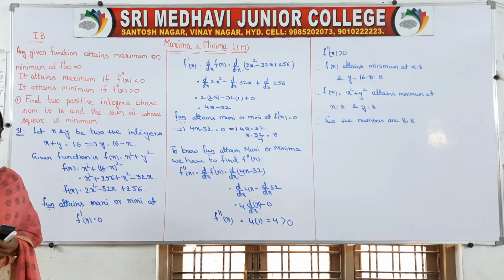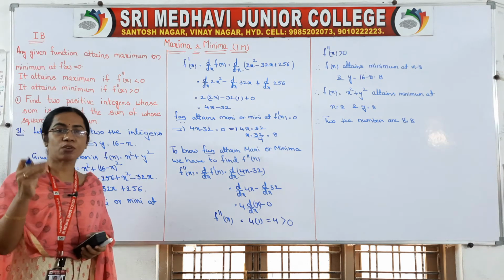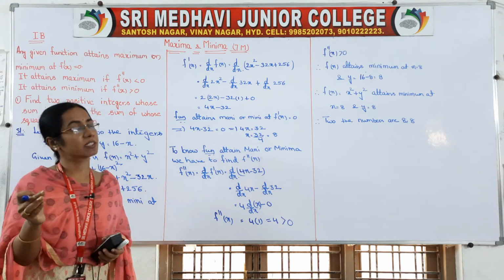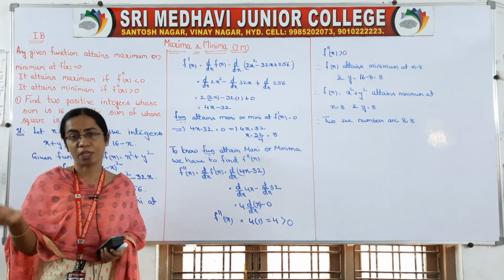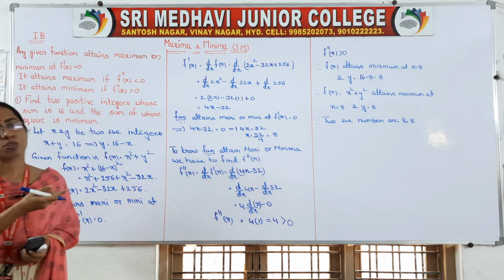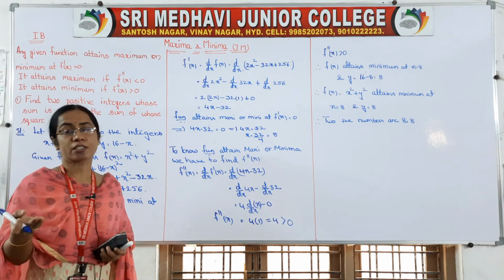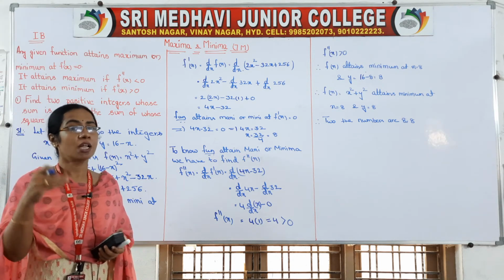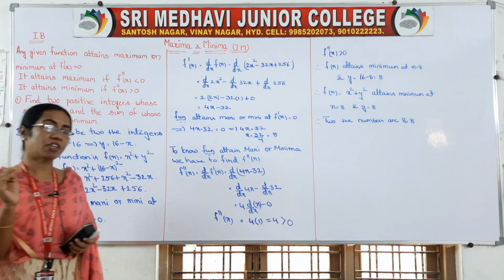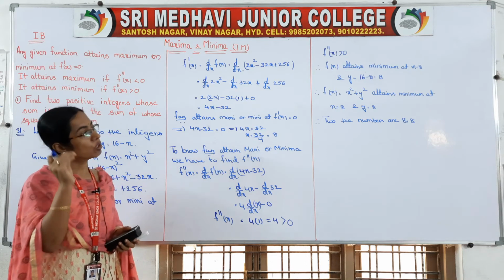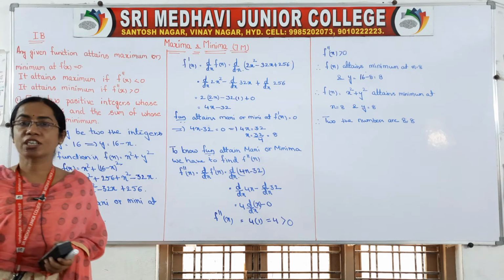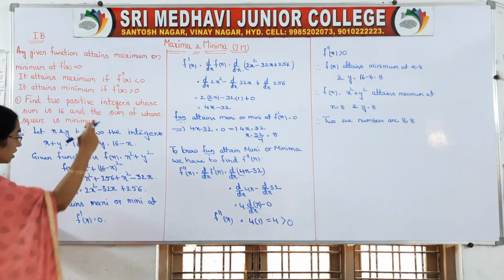So this is called the procedure to find the maxima or minima of a function. It is very simple. In the question they will give one function, and we have to take that function as f of x. Sometimes they will ask for area to be minimum or volume to be maximum. Here in this question, the sum of the squares of the numbers should be minimum. Like that, they will mention the function, and then the question is where that function attains its minimum.